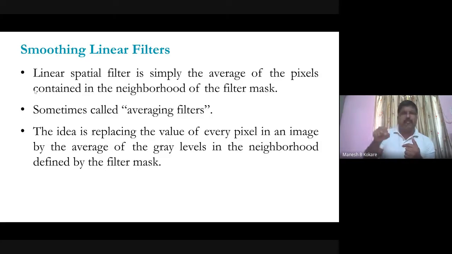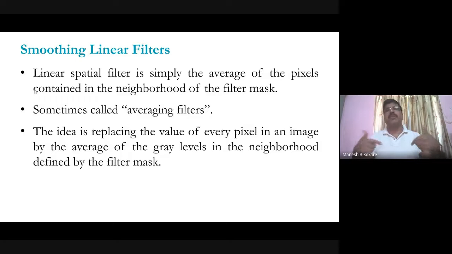Yesterday I took an example: you have a 3x3 image where all pixels have intensity equal to 0 and only one pixel is equal to 255. This is the original image, so it looks like a black background with one white spot. Then you have the low pass filtering mask, a 3x3 mask where all the coefficients are equal to 1, multiplied by 1/9. When you place this mask on the image, you multiply the pixel intensities with 1, add them, and then divide by 9.